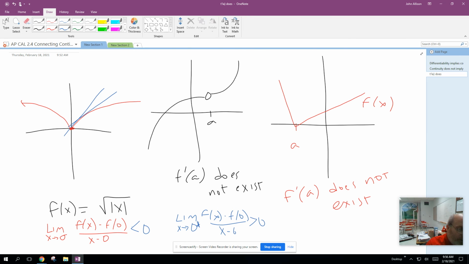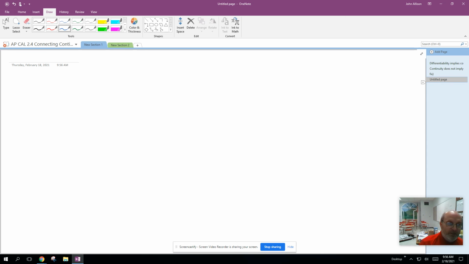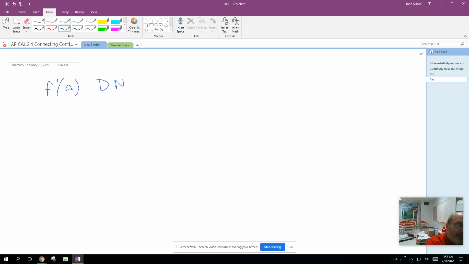And so therefore, because the limits do not equal each other from the left and right, the limit does not exist. So we can say the limit as x approaches 0 of f of x minus f of 0 over x minus 0 does not exist. So f prime of 0 does not exist. So effectively, f prime of a does not exist